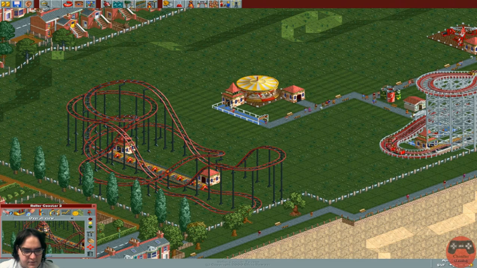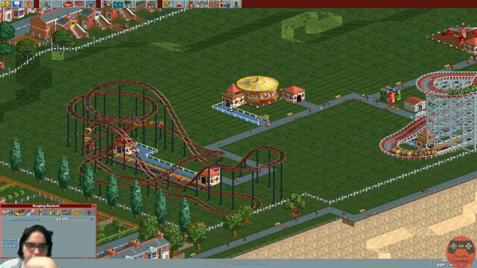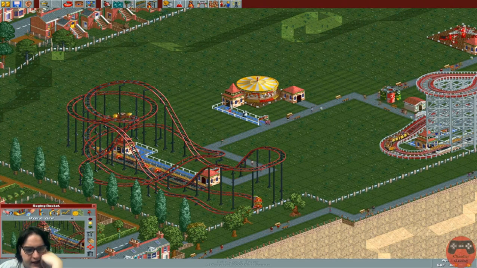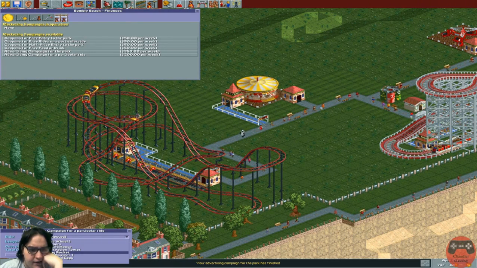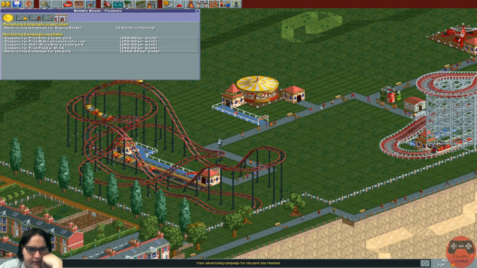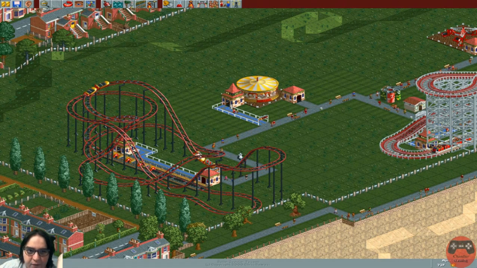Okay. Test you out while we're building all this. There we go. $2 for it, I think, would be good. And then we'll go ahead and start it up. We'll then go ahead and advertise Raging Rocket for more guests, so we can get it popular. And then we need